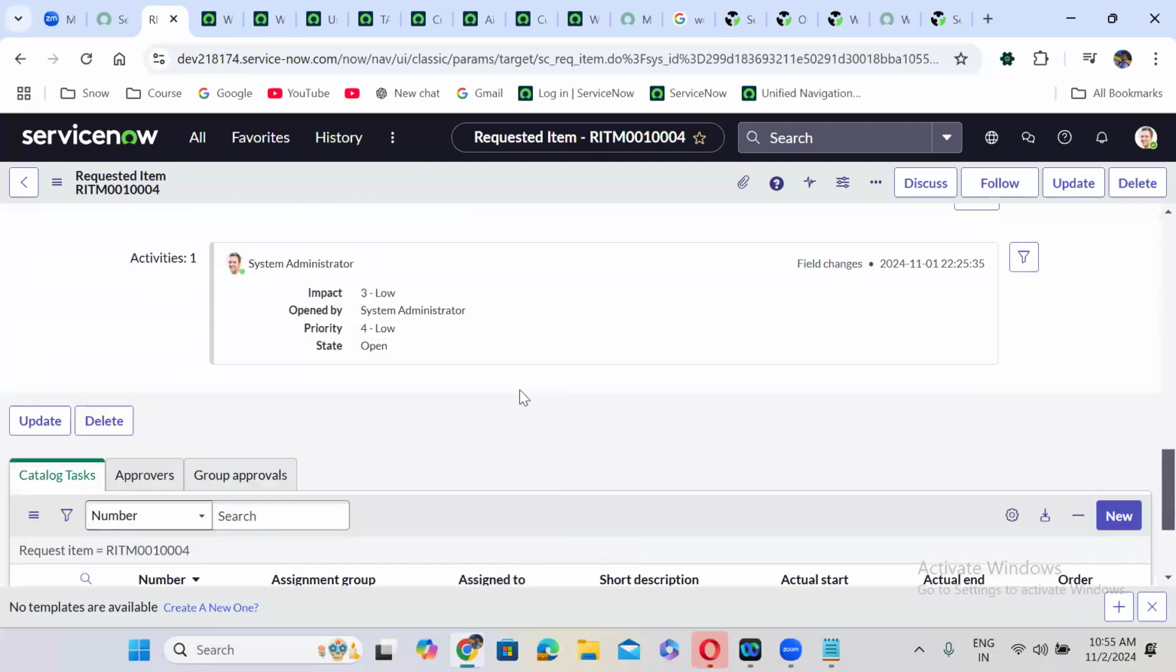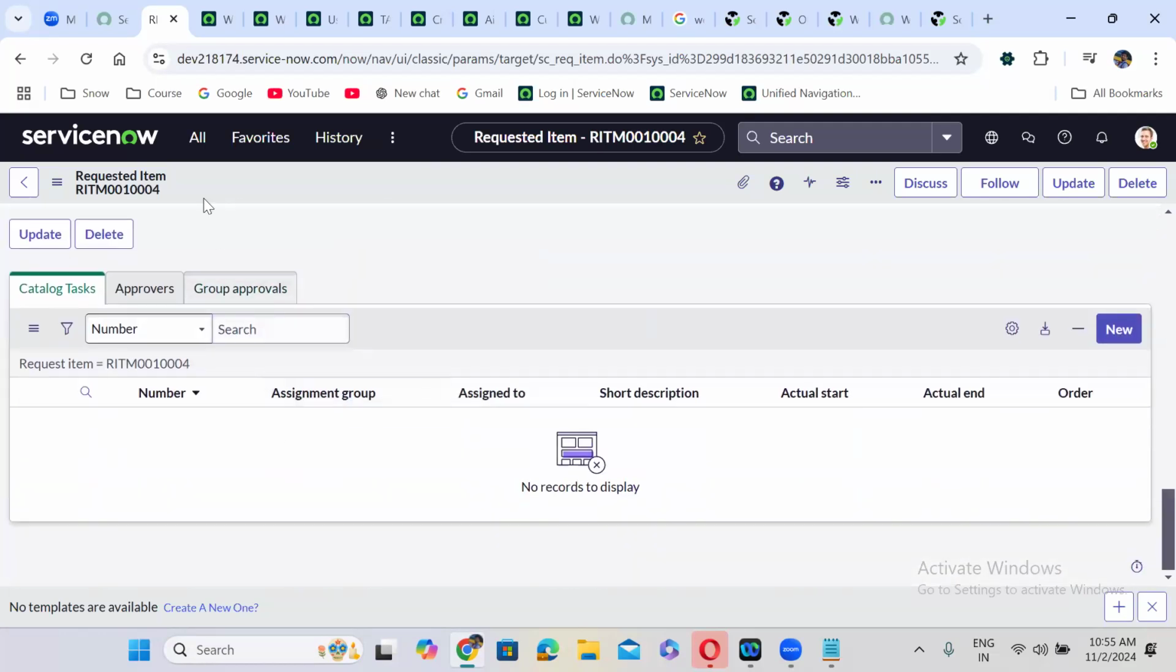Still the workflow has not triggered. You can see, guys, if the workflow is triggered you can see show workflow, something like that. You can see the workflow is not yet triggered. We have to identify the underlying reasons why the workflow has not triggered. We'll see for another catalog item. Is it the same for